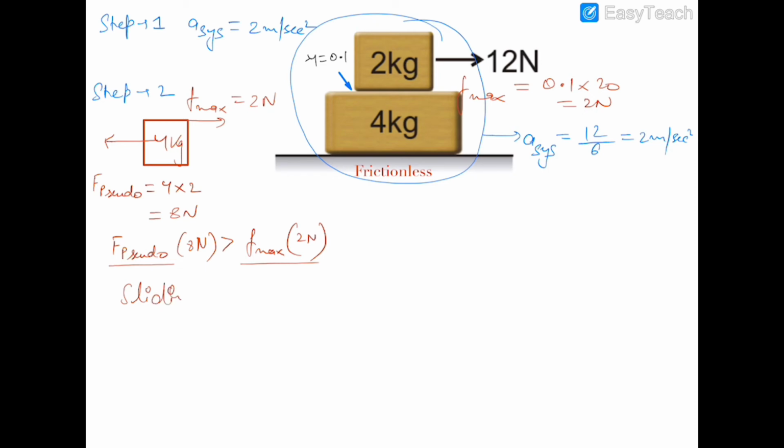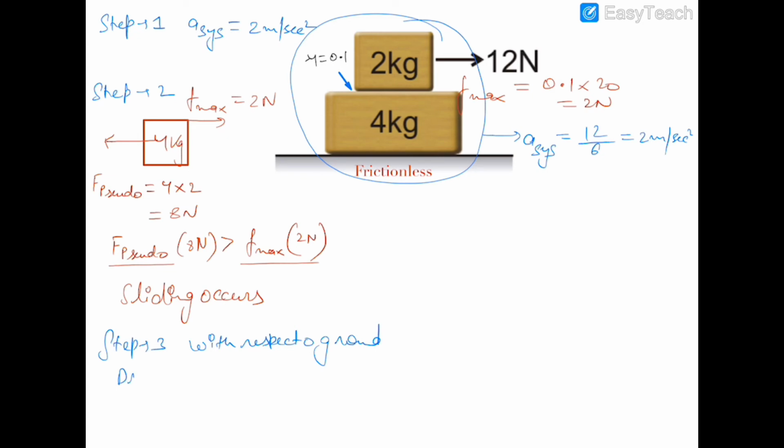Sliding occurs. Now if sliding occurs, then they will not move with the same acceleration, and they will move with different accelerations. So we need to execute the third step, which I have not told in the previous problem, but now there is a requirement of step 3. Now step 3 tells that with respect to ground,